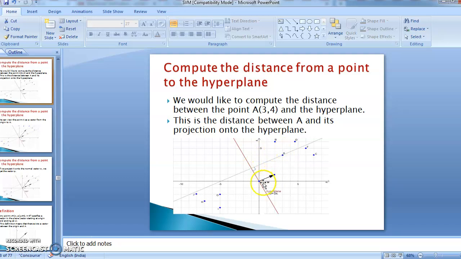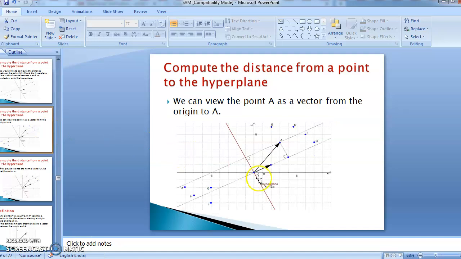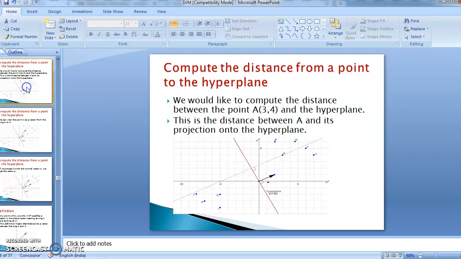Okay, so let's consider this w vector. Now see this diagram. If you extend this w vector along the projection, and take the orthogonal projection from A, then the distance from the hyperplane to A is the same as the distance from w to the orthogonal projection of A. By this calculation, you can find the distance. We have the w vector with us, and you are supposed to find this distance.